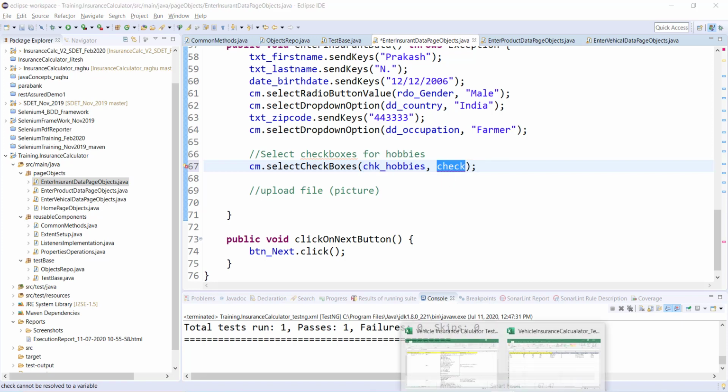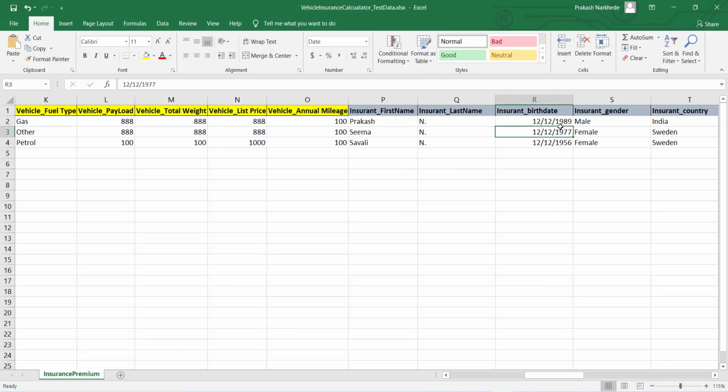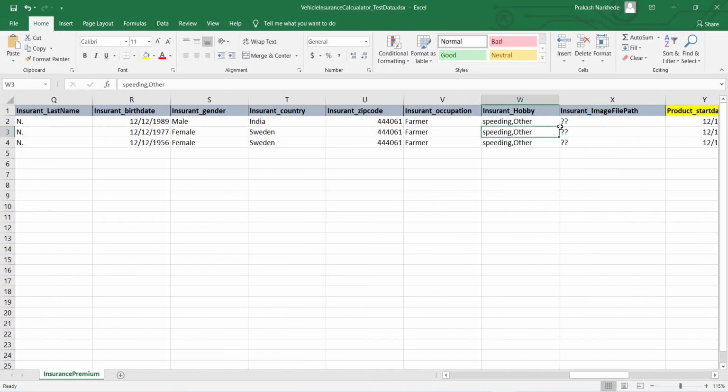If I go to my Excel test data sheet, I am going to get the data in this specific format. It is going to be comma separated values, or could be semicolon separated values, depending on how we are going to pass it. In my case, I simply mentioned it as comma separated values.